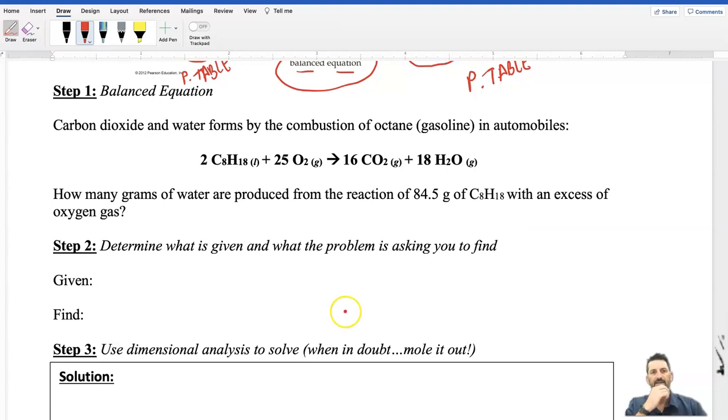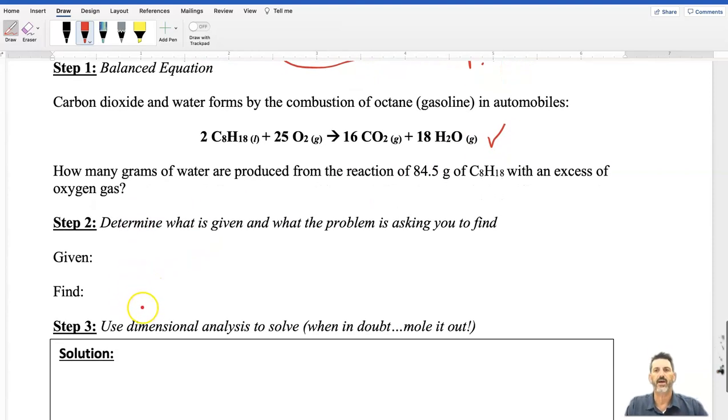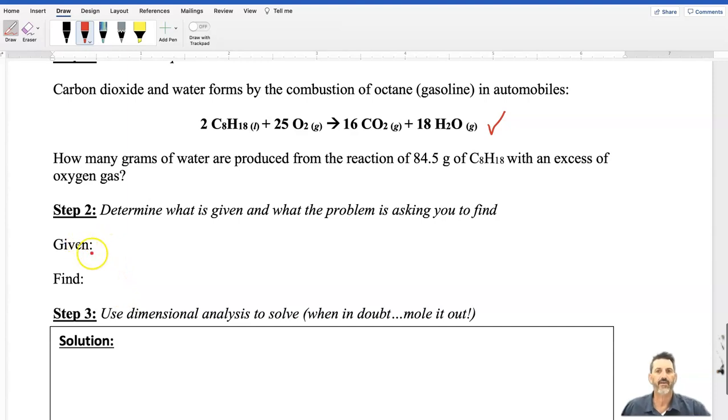So we're still going to start with a balanced equation. So on this problem, here's our balanced equation, check. We're also going to have a step 2, which says figure out what's given and what I want to find. So the problem says how many grams of water? That's what I want to find. Question mark, grams of water. Okay, how many grams of water are produced from the reaction of 84.5 grams of octane, C8H18, with an excess of oxygen gas? So that is my given,